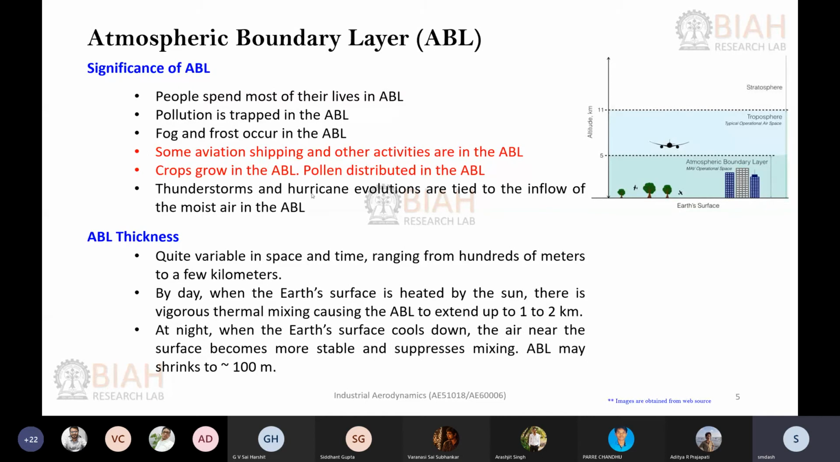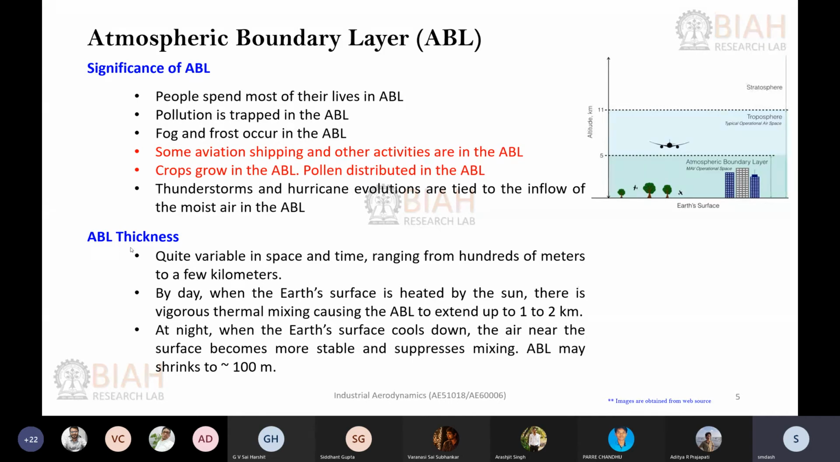Thunderstorm, hurricane situations, these also can be evaluated if you study the atmospheric boundary layer. So there are several things that can be studied, but we will not go into the details because this would be more than a meteorological study. So just to give you a brief idea of the significance of the atmospheric boundary layer. Okay, then